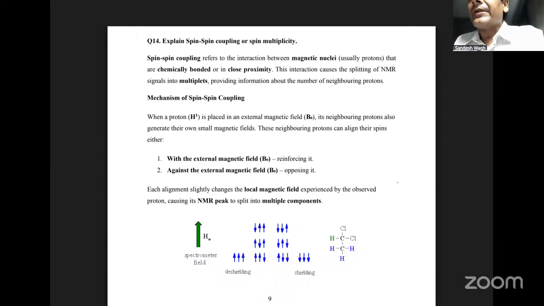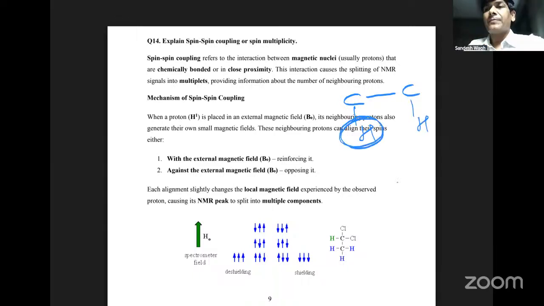Now, what will happen? If you have a system like this, a carbon having protons. Now, this is a proton, this is a proton. Now, if I am targeting to study this nucleus, this proton, like I irradiate this proton,